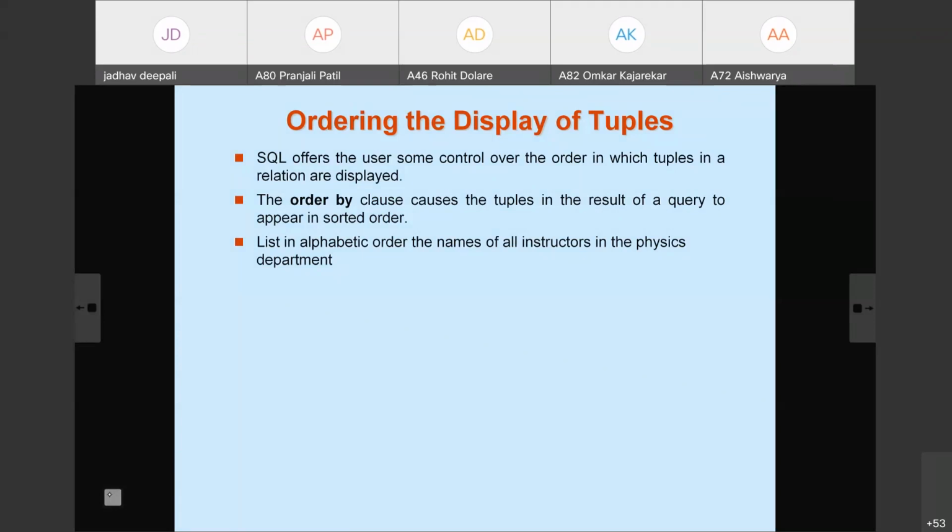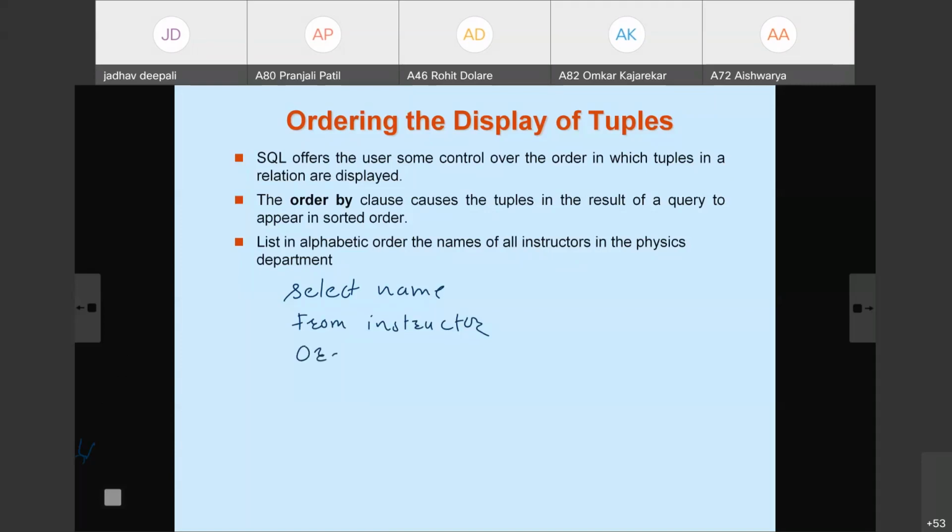The simple query for this: select name from instructor. This query we have already seen. When we execute it, the names of the instructors will be displayed, but not in any order, whatever the instance is there, accordingly it will be displayed.